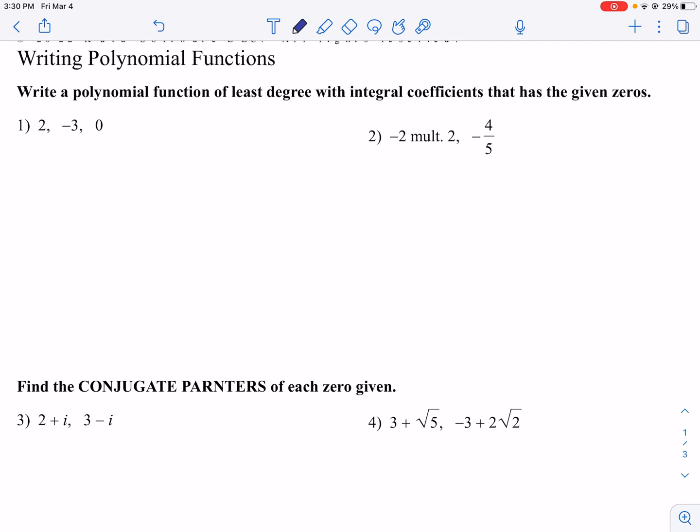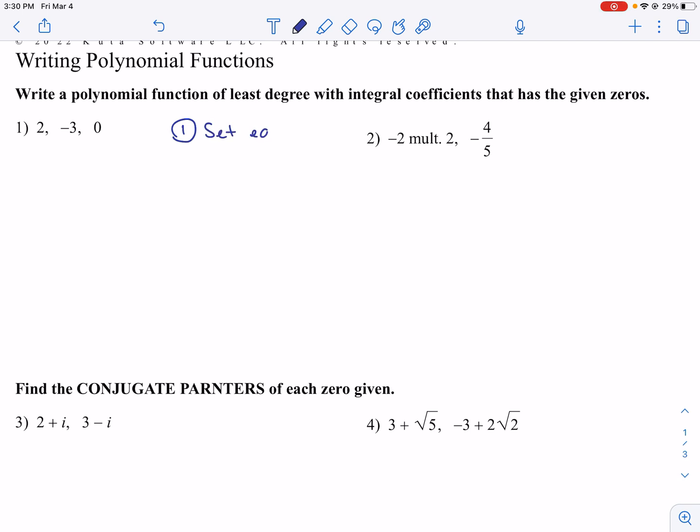The concept of this video is writing polynomial functions when given a zero. So essentially, we're going to be working backwards. We've been working for a while on finding these zeros. Now I'm going to give them to you, and you have to work the opposite way. So essentially, the steps that we need to take are that we're going to